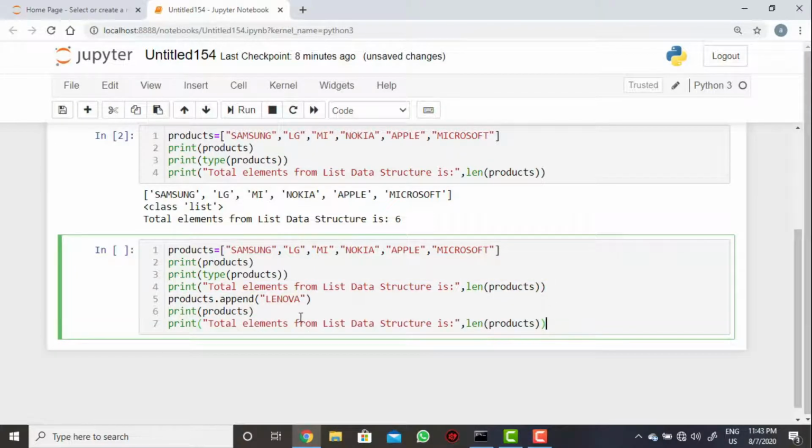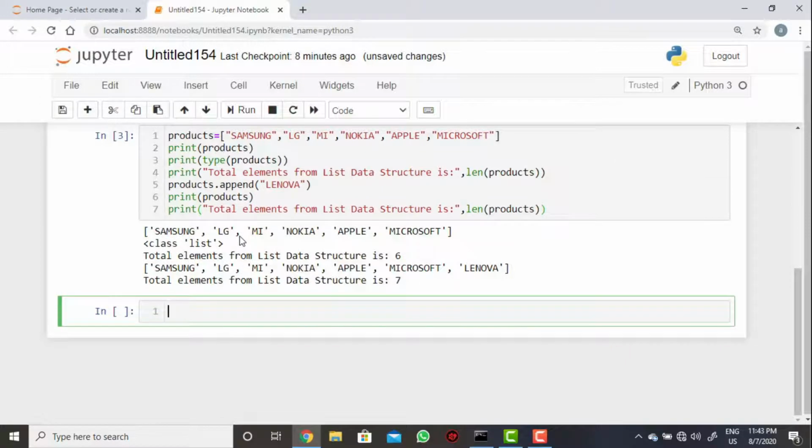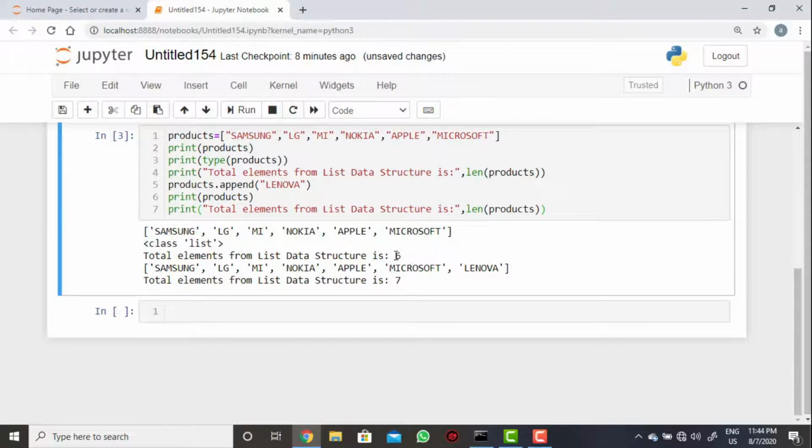Now execute. From the list we have this, and previously we had 6 elements, and now after the append operation the element is added to the existing list data structure.